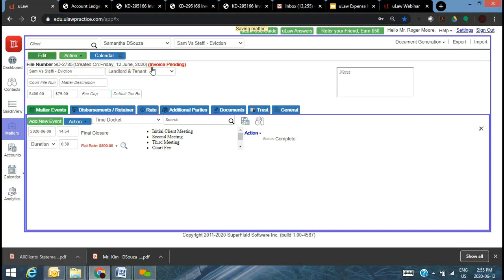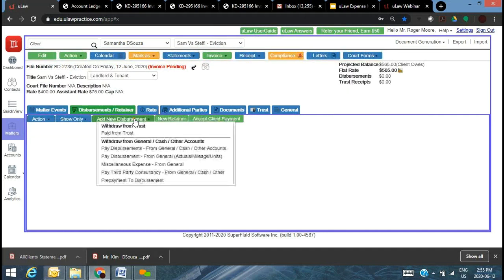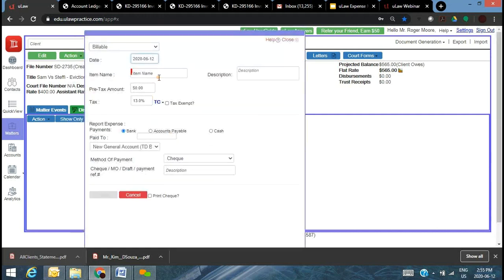Now let's add a disbursement right out of your general account, which is really the subject matter for today. And go ahead and say new disbursement. And instead of paid from trust, you have now the option to withdraw this money or relate the information of having taken this money out of your general account. And as you can see, you have a few options, really depending on the nature of that particular disbursement itself. If this was paid out for an actual, so which is the case here, we'll say this is a court fee,